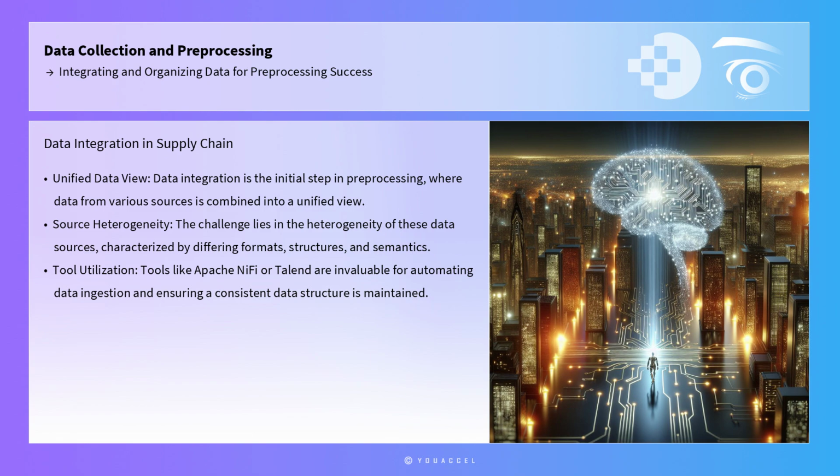a unified view. This step is crucial as supply chain data typically emanates from disparate sources, such as ERP systems, CRM databases, IoT devices, and external market reports. The challenge lies in the heterogeneity of these data sources, often characterized by differing formats, structures, and semantics. For instance, ERP systems might store transaction data in structured SQL databases, while IoT devices generate unstructured or semi-structured data